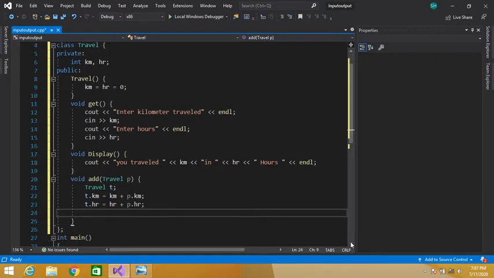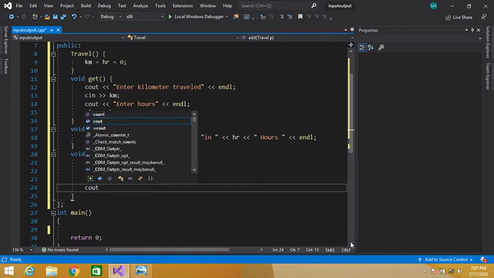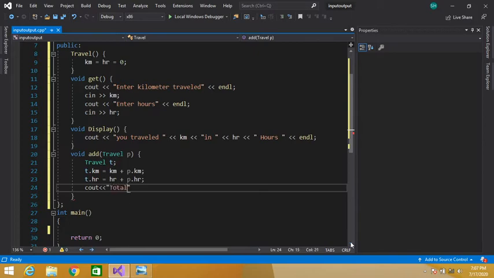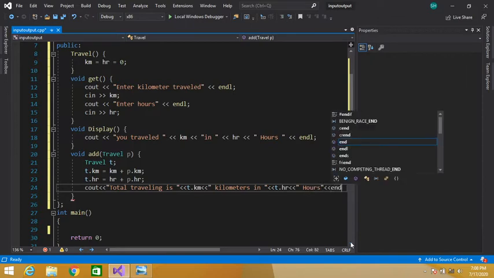Let's display our total traveling here. cout: Total traveling is, t.km, let's display kilometers in, t.hr, hours, endl.